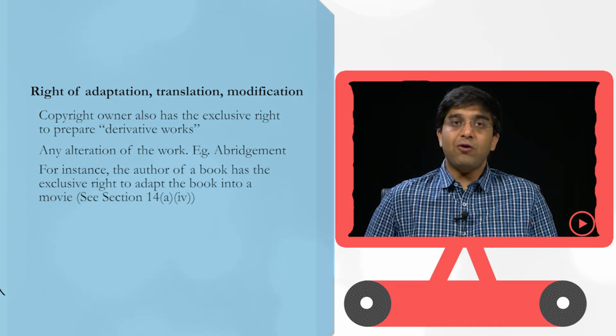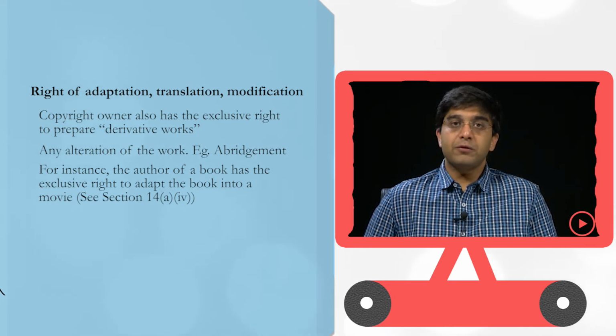Similarly, others have also relied on the underlying characters of the book and have come up with their own versions of different stories pertaining to those characters. Again, those books which rely on the same character as the Harry Potter books are considered as adaptations of the original books, and again permission must be taken from the owner of the copyright in those books for preparing such